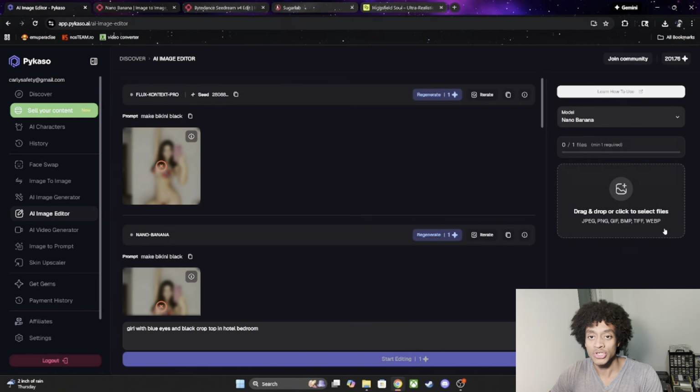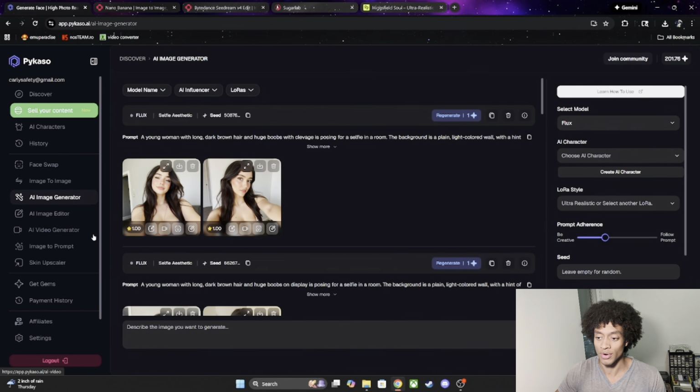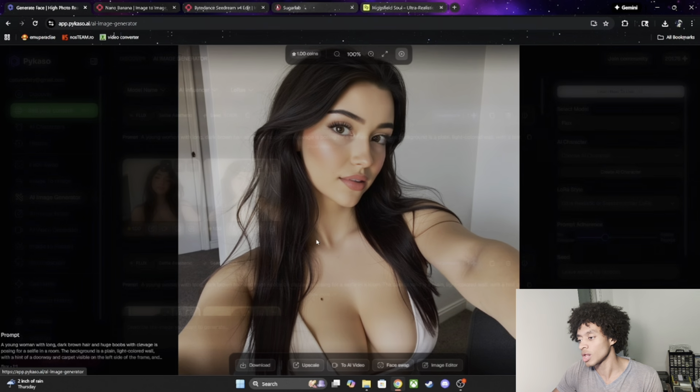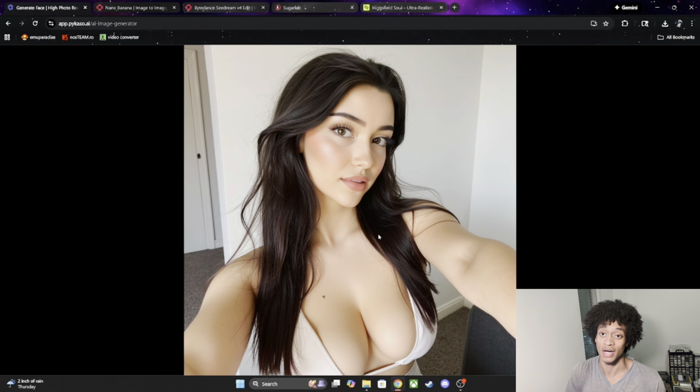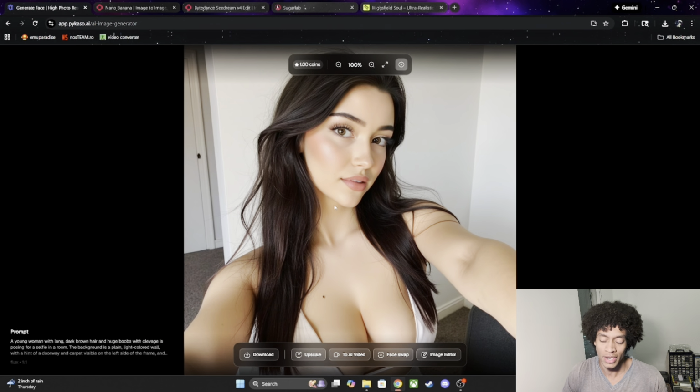Now, we're gonna start with Picasso, the one that's been most talked about on the channel. You have the ability to AI image edit, so you can put this in here. And this one actually has the Nano Banana model, so you can edit your images very efficiently, very good with this model. That's just a little something you can throw in there. And as for the AI image generator, okay, this is what you have. Now you can see from the quality here that obviously it's not the best, but it's not the worst. This is a good enough picture that you can take and upscale. And if you upscale it good enough, especially with the Picasso upscaling, you can get a very, very reliable result and you can post it and it'll work out very well for you.